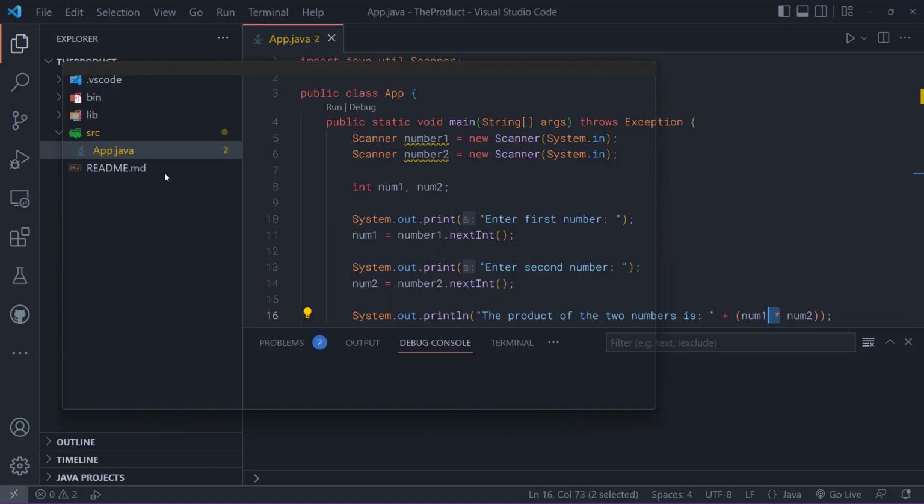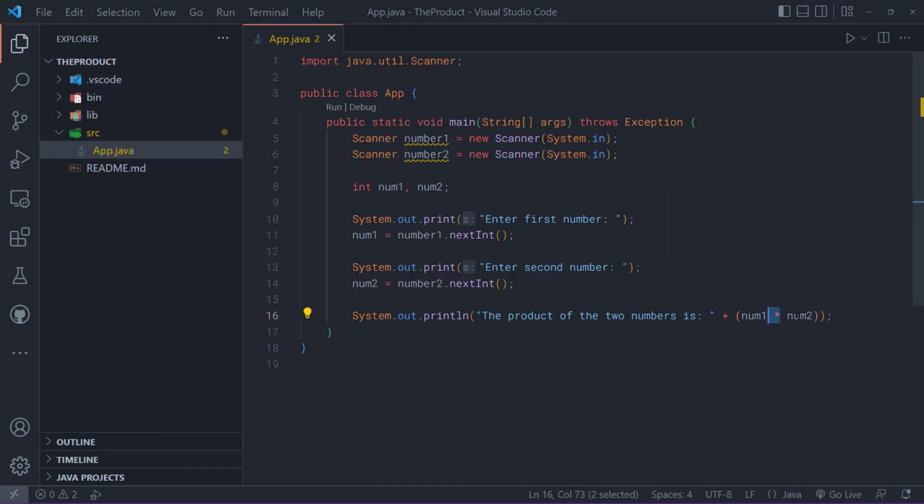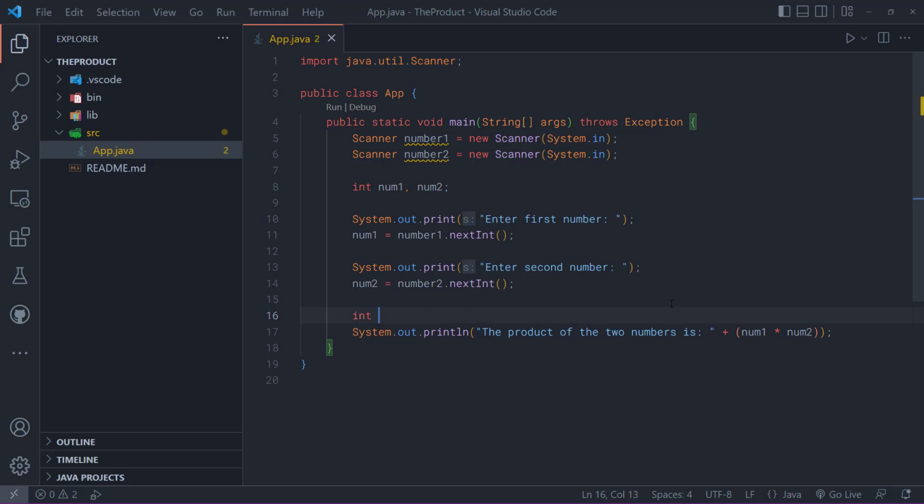Pwede din naman na gamitan ninyo ng another variable ito sa halip na dito ninyo mismo gawin sa line number 16 yung multiplication process. Pwede dito is mag-declare kayo ng int product na variable and then dito ninyo i-multiply si num1 at si num2, and then sa halip na ganyan yung gagawin dito, tatawagin na lang natin si product na variable. Kapag in-execute natin yan,